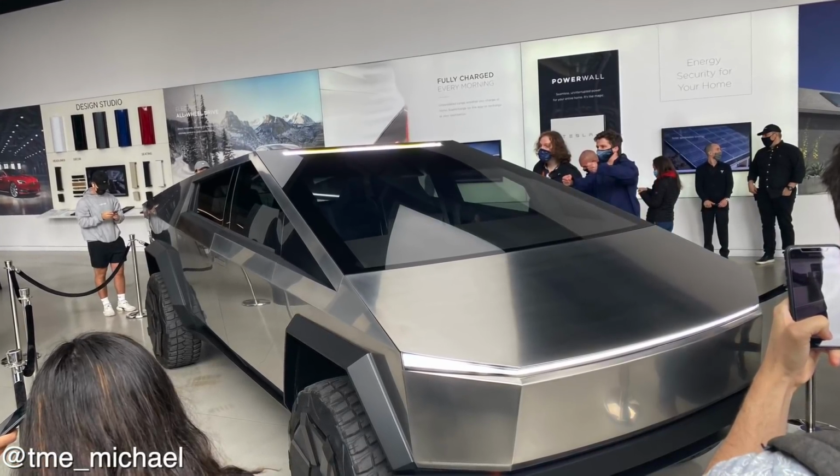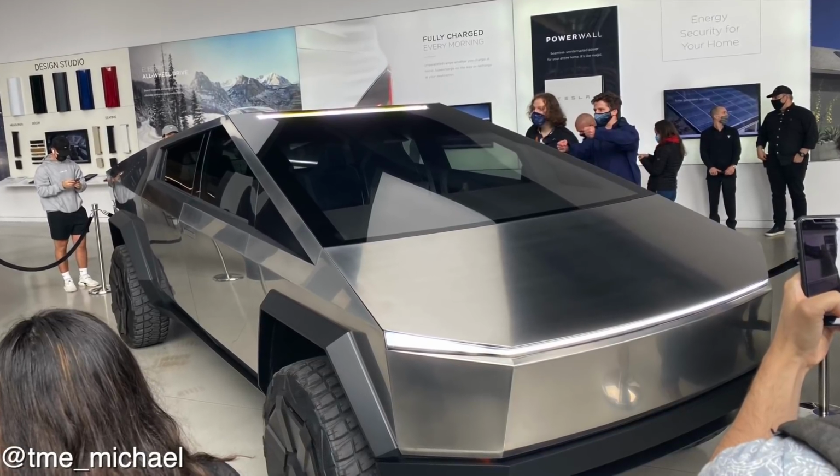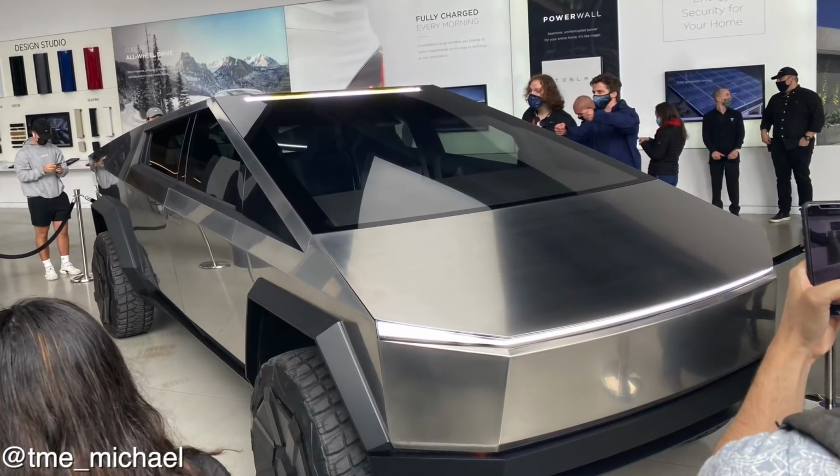So I hope that one day when the Cybertruck makes its way back to Fremont or somewhere in California, I can see it somewhat soon, and ideally I won't have to look at the prototype. I'll be looking at production models, maybe some pilot production going on at Fremont. I don't think they'll deliver any Cybertrucks from the Fremont pilot production line, but maybe at least a few prototype units they could have driving around the factory. And it is, of course, my dream Tesla, and I hope that the mass production of the Cybertruck can go